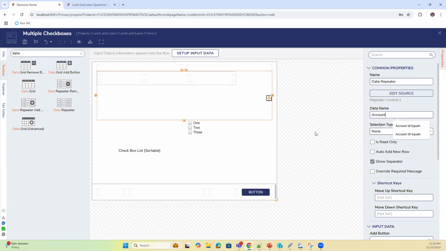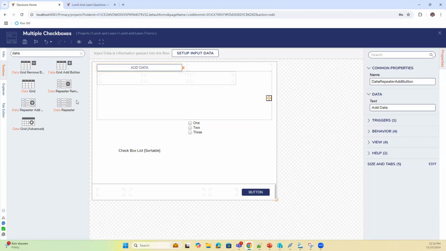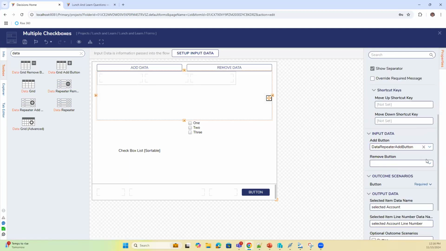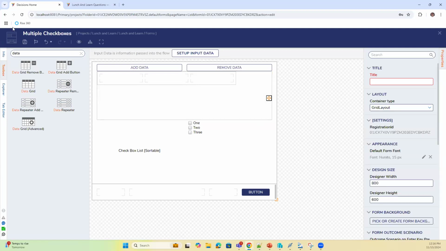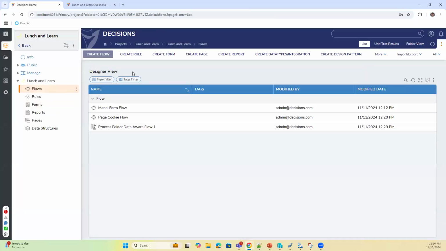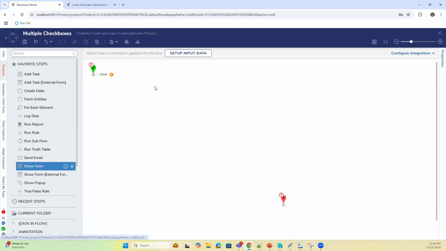We're not going to pass anything into it, but it's just going to let us create it dynamically. Data repeater add button, we need that. Data repeater remove button. And then our add button is our add button, our remove button is our remove button. Let's go into a flow. We'll call it the same thing. Why not? They're two different entities. All right, so